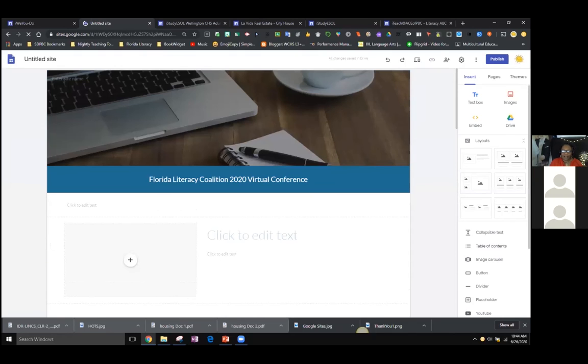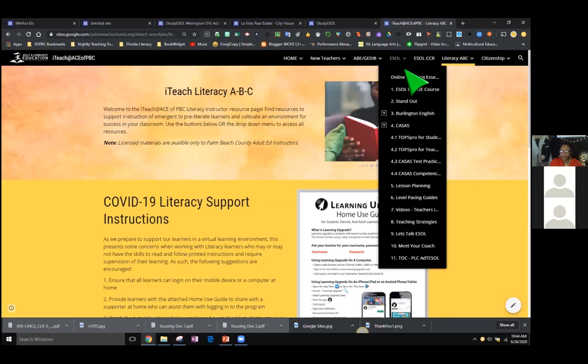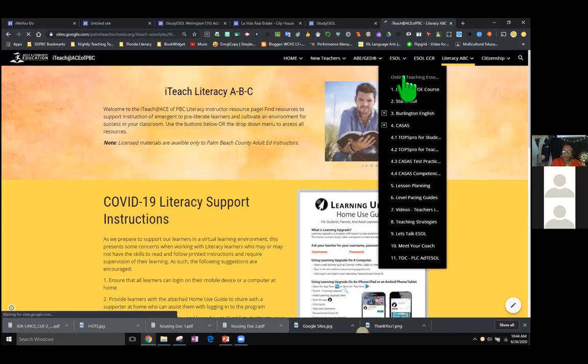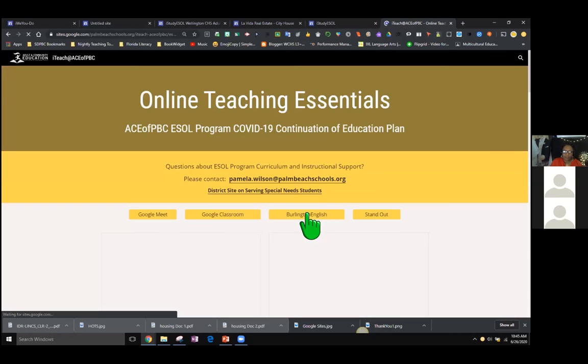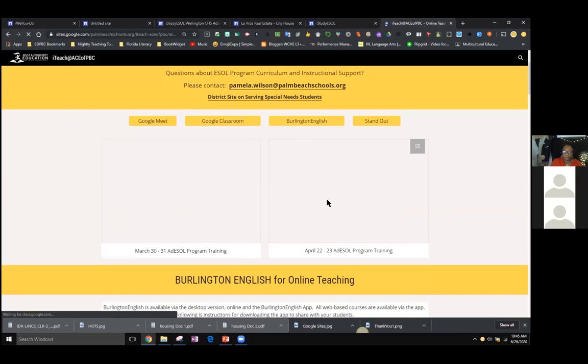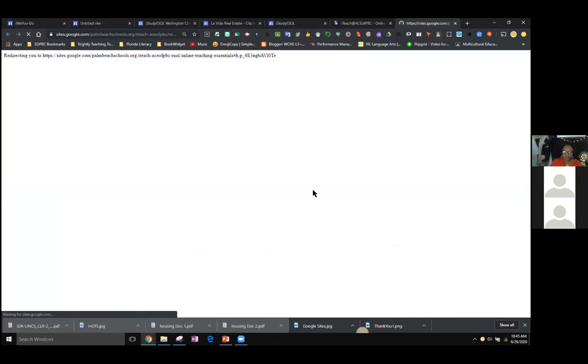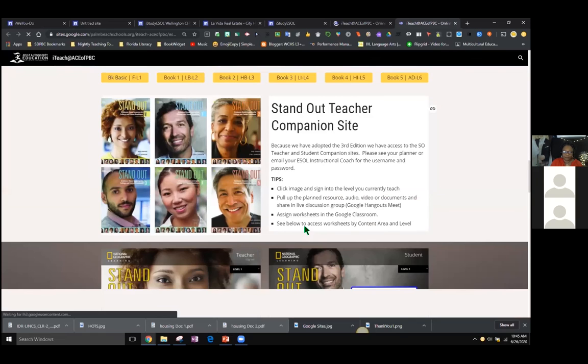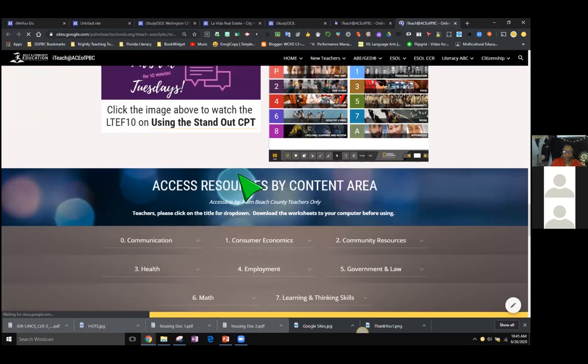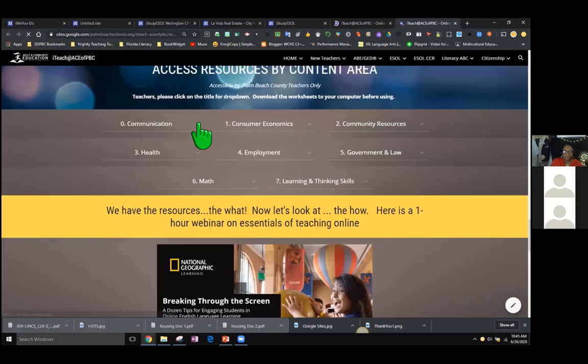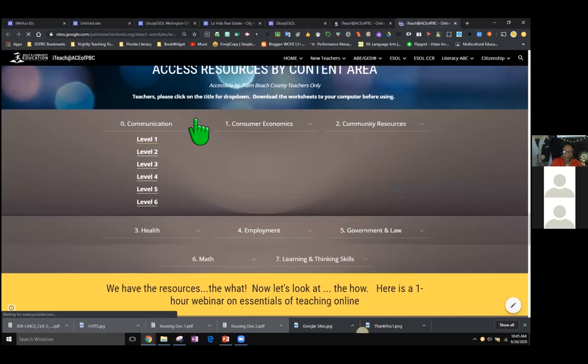You can also add table of contents and collapsible text. And I have other examples of what the collapsible text looks like also over here on our page right here. I can show you what the collapsible text looks like. That's what that is.